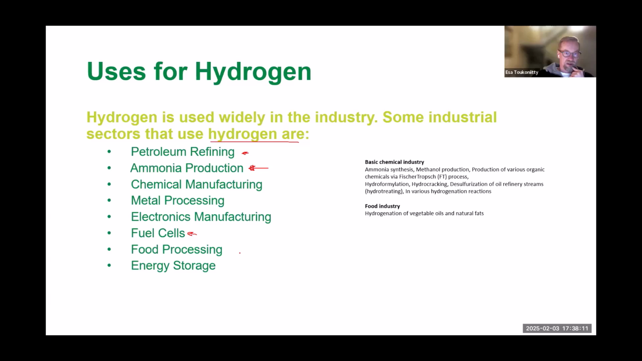Food processing, and I think here it refers to the hydrogenation of vegetable oils and fats. Like this margarine is in some cases made through hydrogenation of the unsaturated vegetable oils. So there the liquid oil becomes more or less solid, so it gets this butter-like texture with the help of hydrogenation. But there are other methods that are more popular nowadays, but chemically this is quite nice